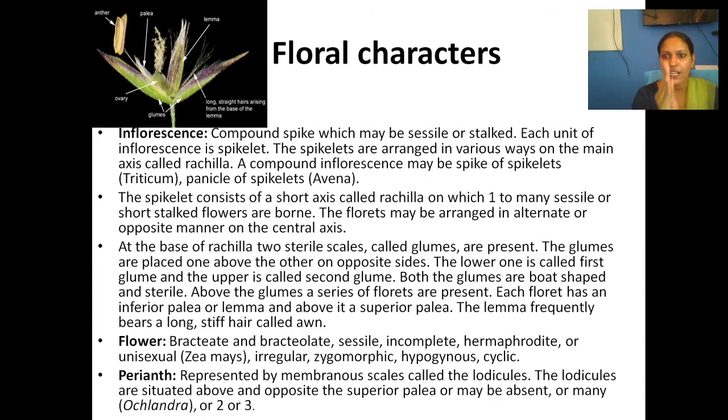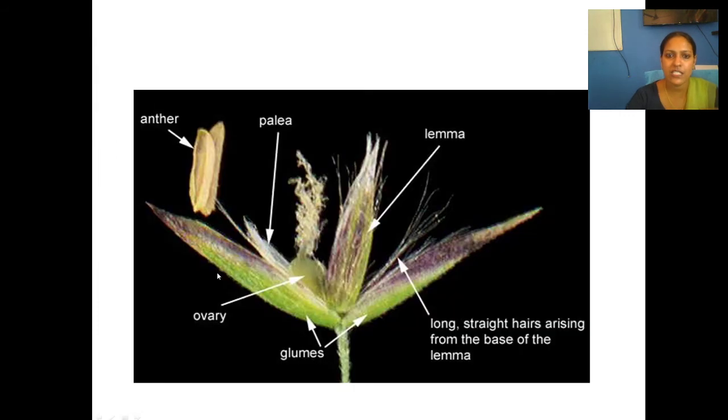A central supporting axis, just like our pedicel. And the spikelet consists of a short axis, that is our rachilla. When we talk about this, this is the main plant. Here you could see that very interesting glumes are there. This is the lower and upper glumes, and they are supported by lodicules inside, which are not visible in this diagram. You could see the anthers, and ovule is there here, and this is a palea, and